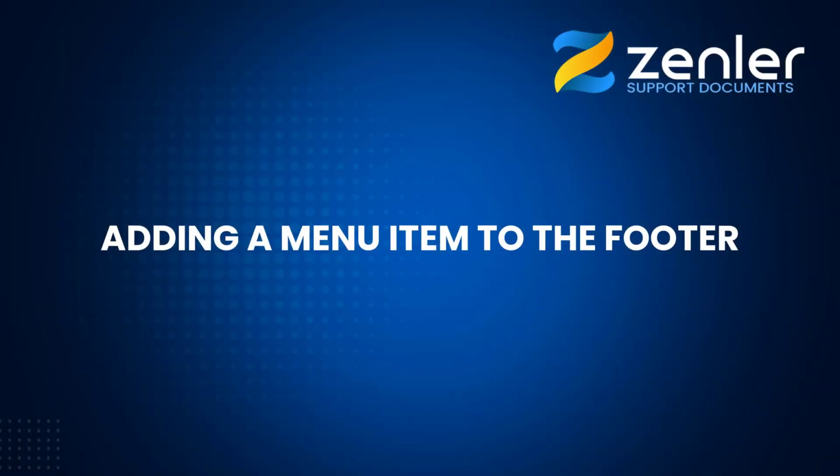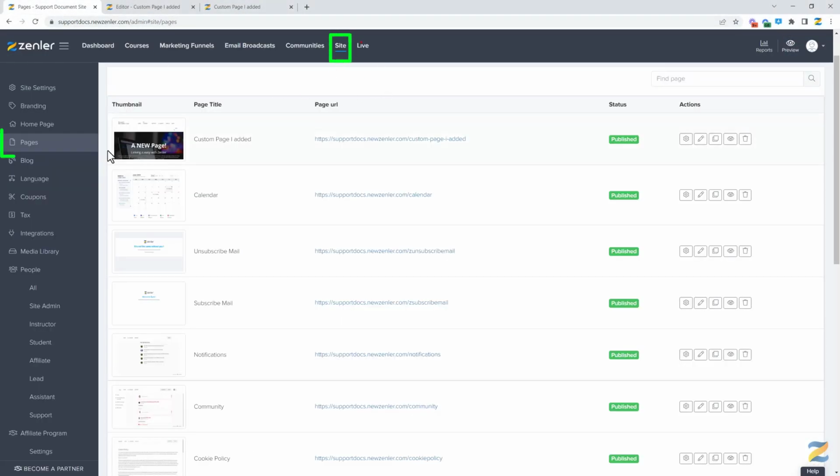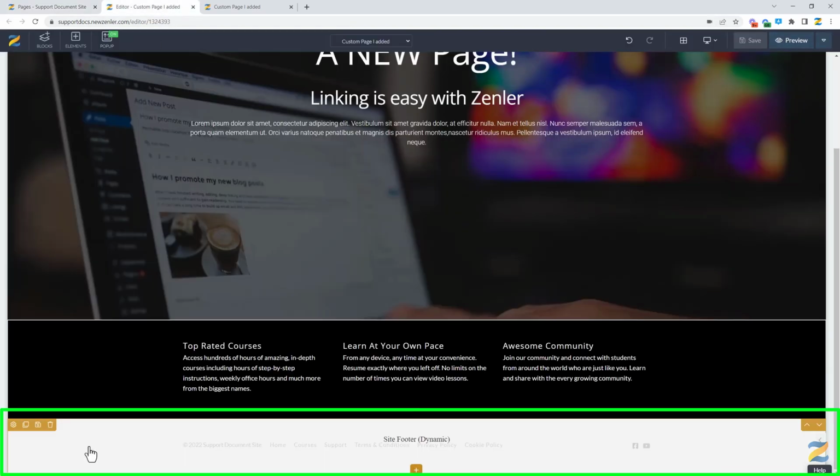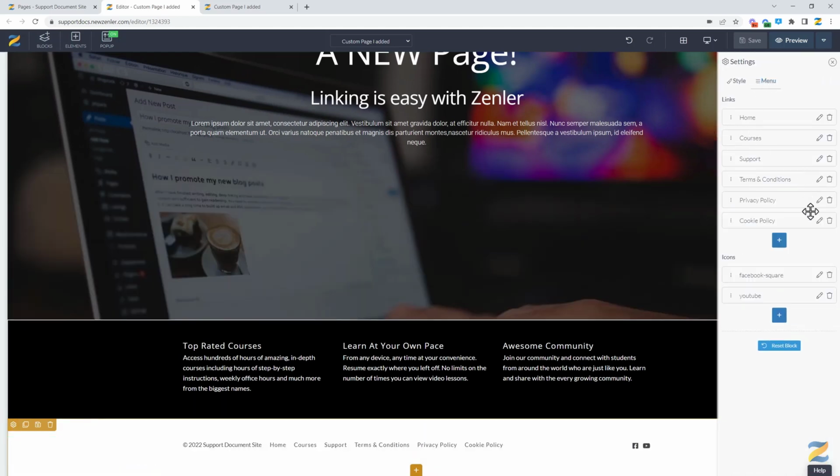Changing the menu items in your footer. Open the page, Pages, and open the page. Click on the footer, dynamic footer menu, click the settings, come across to the menu and add your menus inside